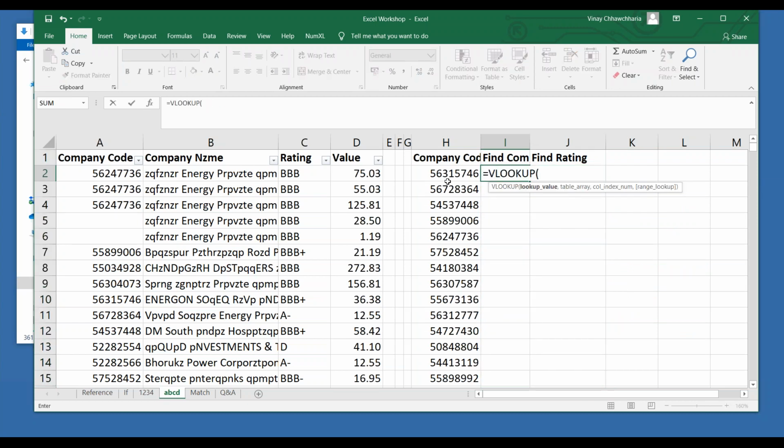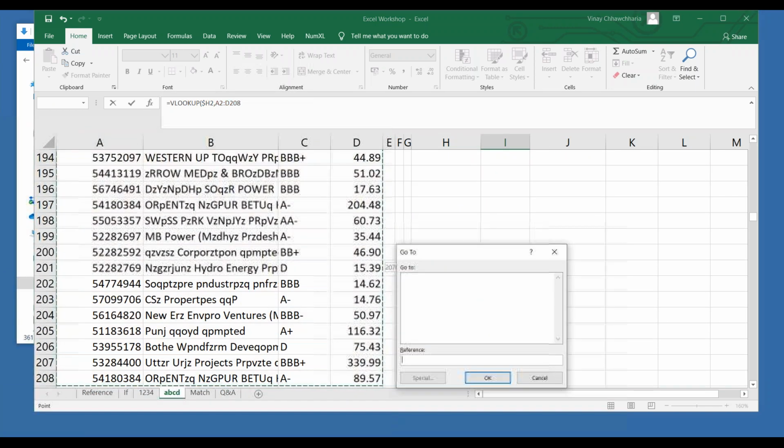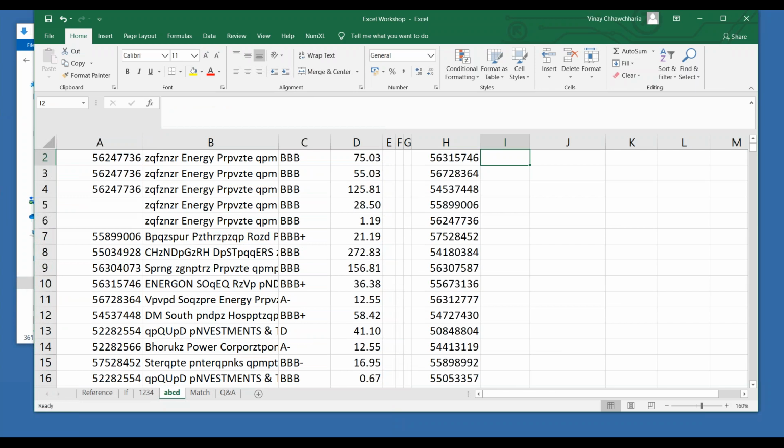Equal to VLOOKUP. What you need to VLOOKUP? This portion. Now when I want to drag this to the right, I want to freeze the H column. So I am putting a dollar over here, comma. What I need to select is the table. Table I am freezing. Sorry, I need to do it again.